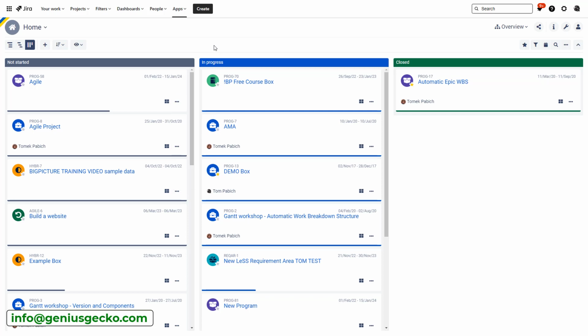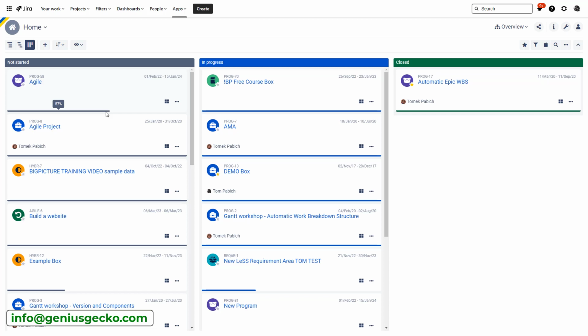And the last thing that I totally despise is that there is also a progress bar here presenting to me the progress of the box. But it's not written anywhere on this screen. Where is this progress coming from? I can tell you right now that this progress is not coming from the progress of the tasks, issues, epics, whatever you have inside that box. It doesn't look at it at all. This progress comes only from the relative position of this box compared to